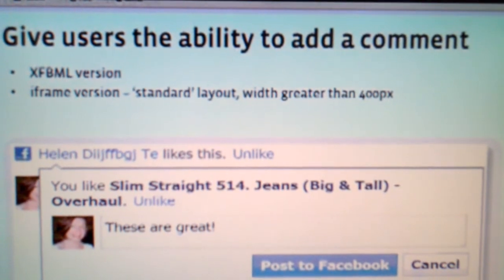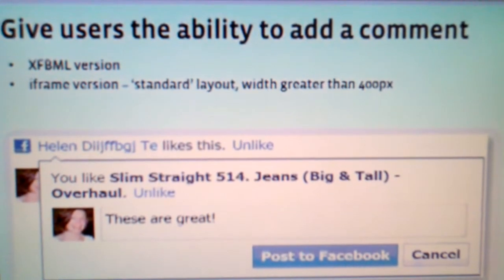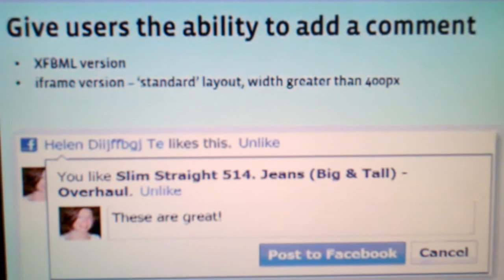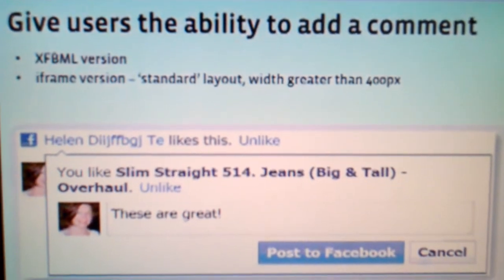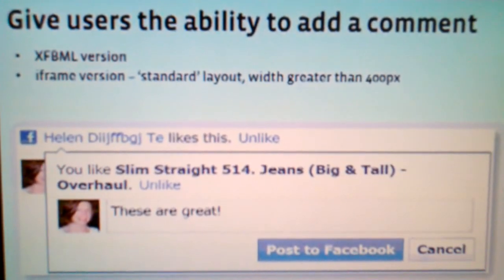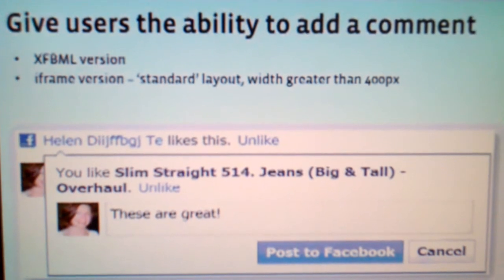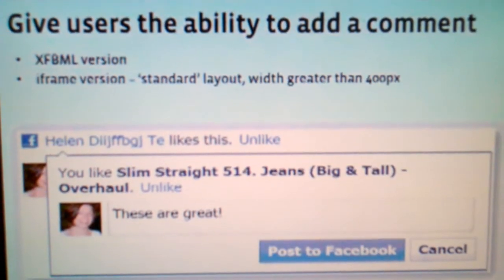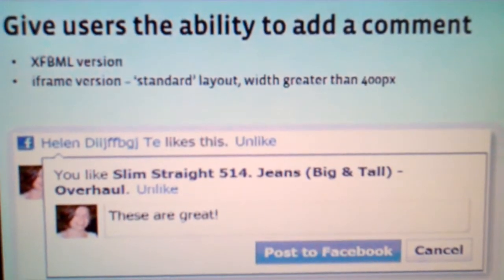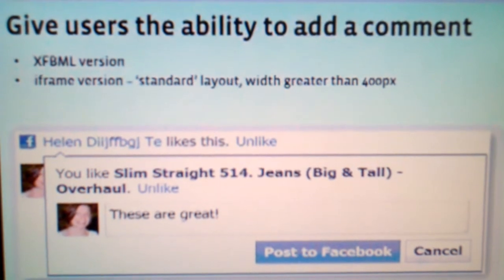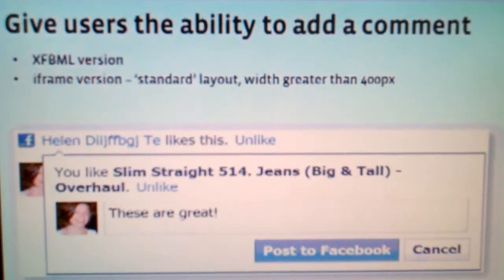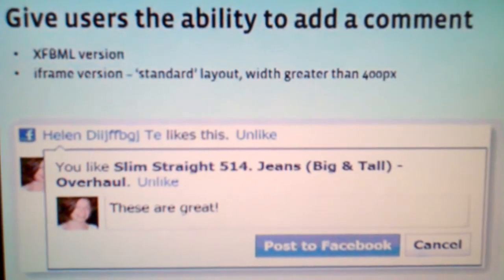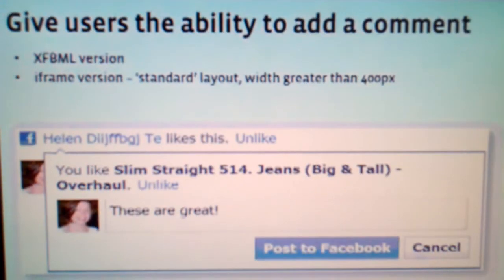So they can type in, for instance, if it's a restaurant, this is what I had at the restaurant, and this is why it's so great. And if they click post back to Facebook, the story that's published back to Facebook is a much larger story and includes that comment. So the way to allow your users to add a comment to their like is to use the XFBML version